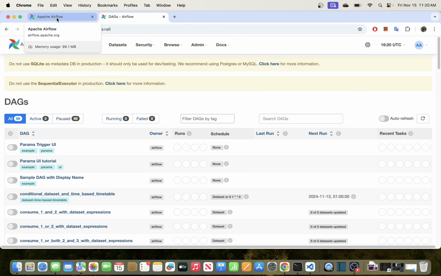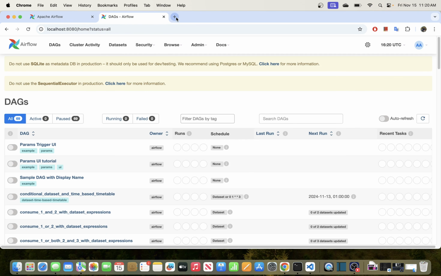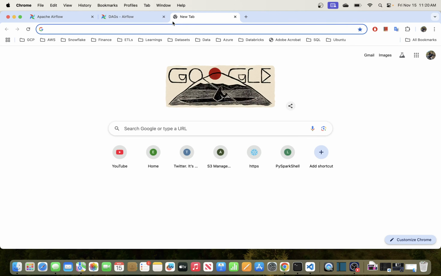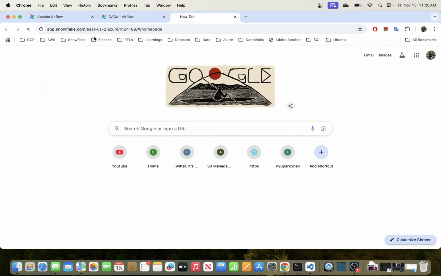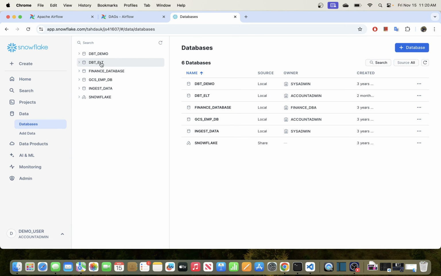And like I mentioned in this video, we will be leveraging three tools. The first one, of course, is Airflow. The next one is DBT, and DBT will be interacting with Snowflake data. Okay, so what I have here, I will log into my Snowflake environment, and what I will do is I